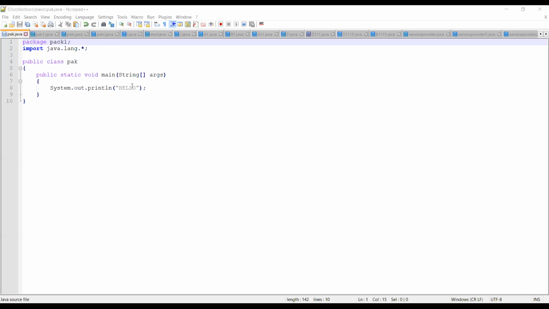And from this example, the order of the statements is very important. It means the first statement should always be a package statement, as you can see in this particular program, and the second statement is nothing but an import statement. If you try to interchange them, then definitely we are going to get a compilation error. So that's what we have about your package statement.